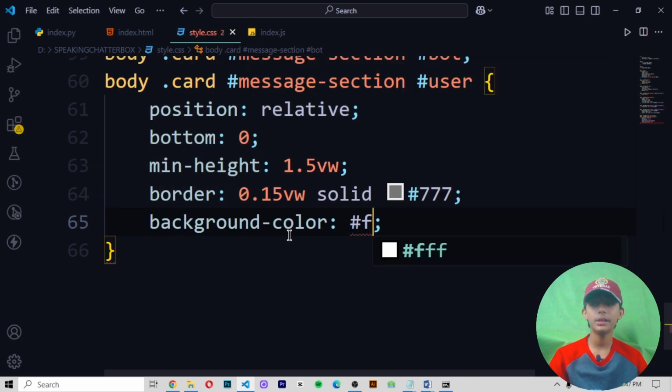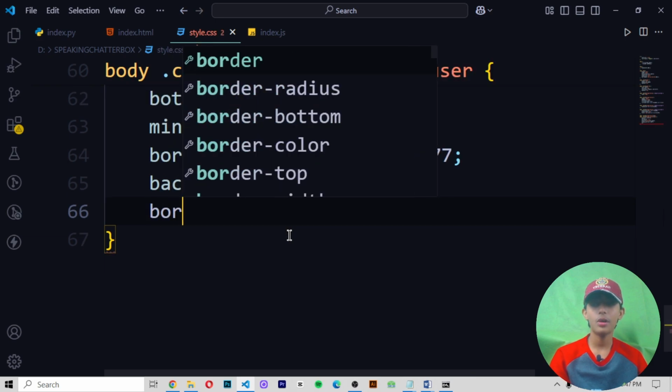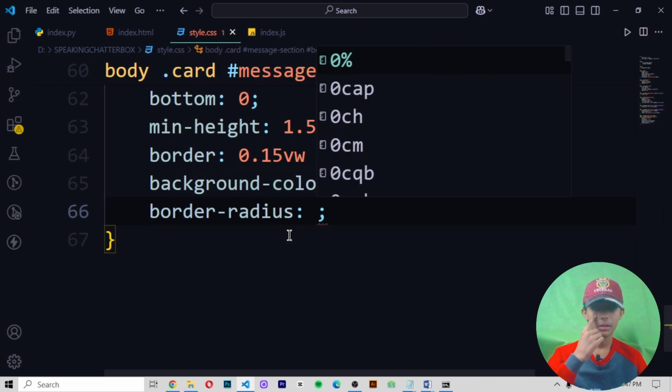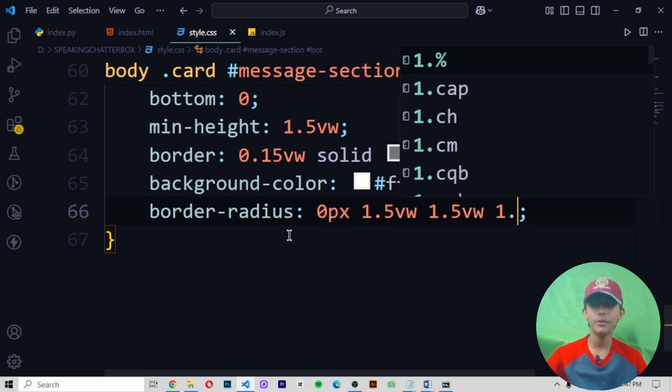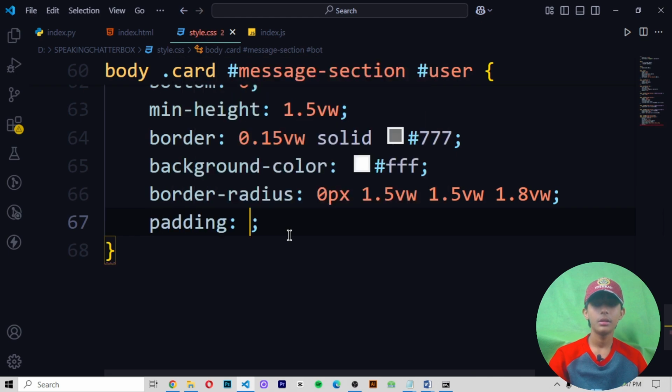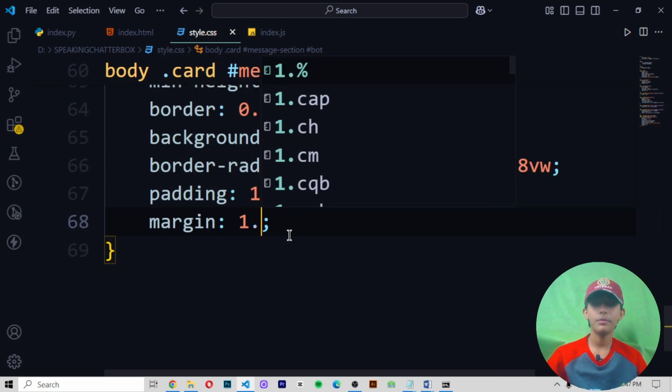Background color, give to the hashtag FFF, border radius should be 0 pixels, 1.5 VW, 1.5 VW, 1.8 VW. Padding 1 VW, margin will be 15 VW 0.